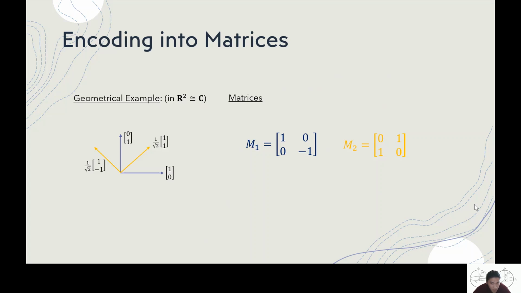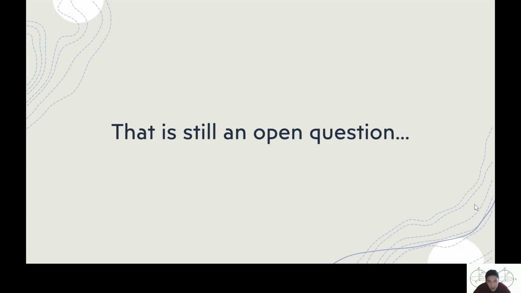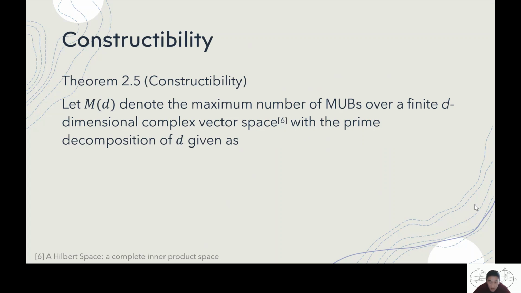Like how many MUBs can you squeeze into a d-dimensional Hilbert space? Well, for any d, the exact number of MUBs that can fit into a d-dimensional complex Hilbert space is still an open question, but we do have nice bounds for all d, which I will share here. So here's the theorem. Let M(d) denote the maximum number of mutually unbiased bases over a finite d-dimensional complex Hilbert space